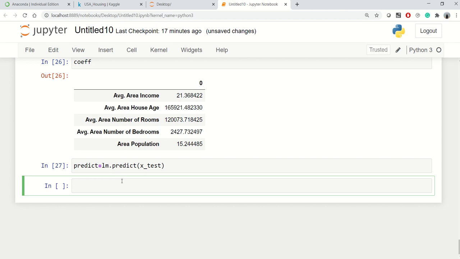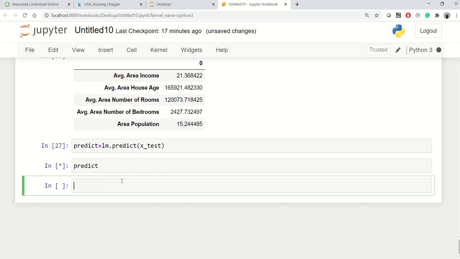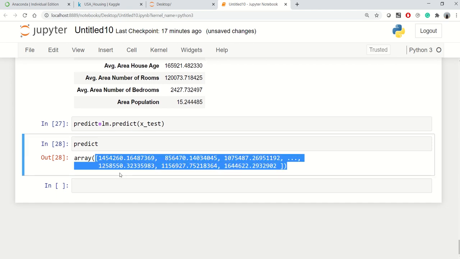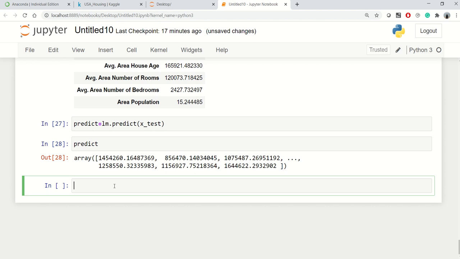Now the prediction is done. We can simply print these values, and this is our prediction data, but this is again not that readable. So I'll plot a graph here. I'll say plt.plot, and I'll plot our prediction data versus the test data which we have created earlier.